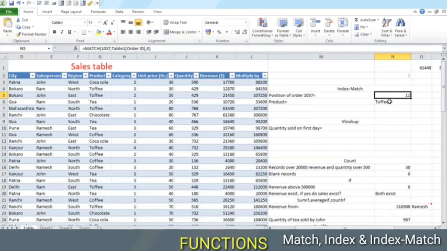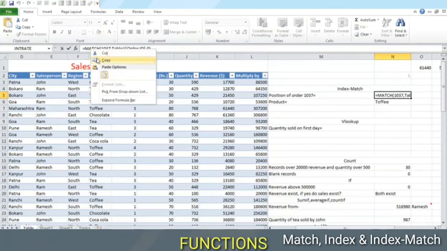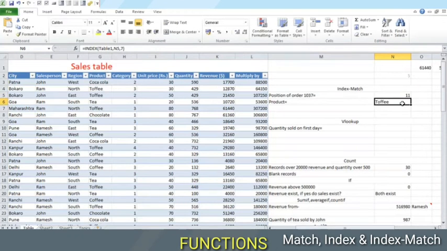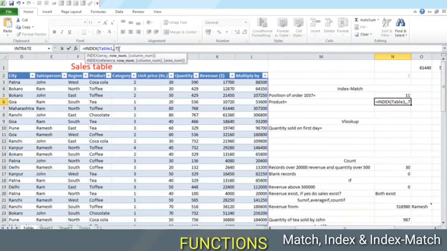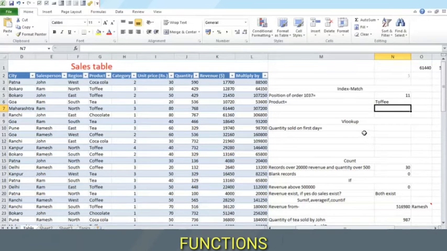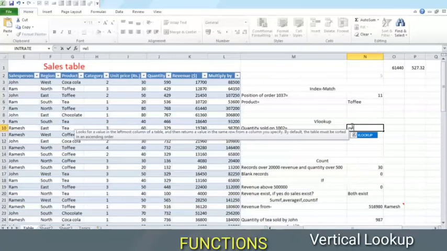Instead of depending on this cell, we could replace N5 by the formula in it. So this is how an INDEX MATCH combination will look. We can start from any column and find the value in any other column. It goes in both directions. Here is the result. VLOOKUP, however, starts from the left and looks towards the right. It has limitations.